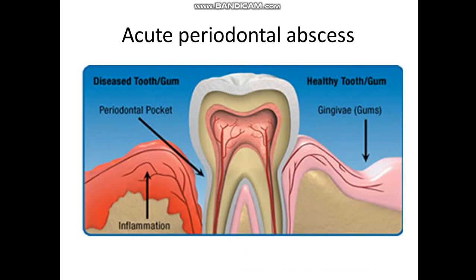Now, acute periodontal abscess. This abscess is usually situated on the lateral side of the root. That means it is situated laterally, as its name suggests. The cause of this abscess is not pulpal. It is due to the presence of what we call a periodontal pocket. So bacteria in the gingival crevice get access through the periodontal pocket to this region and establish what we call